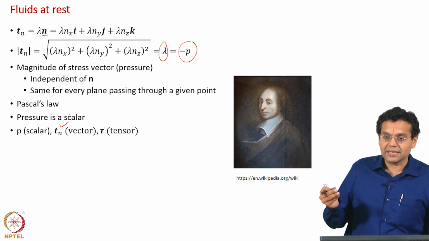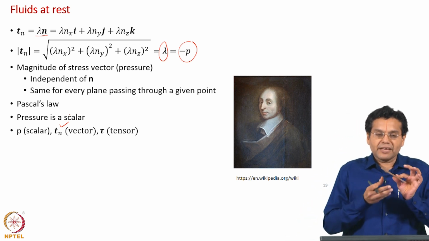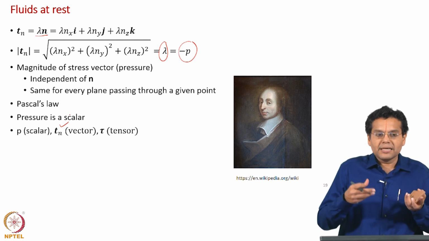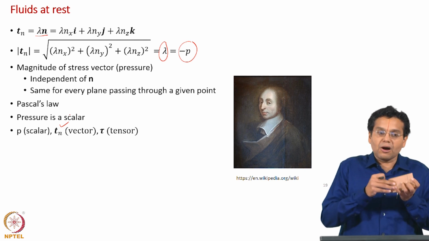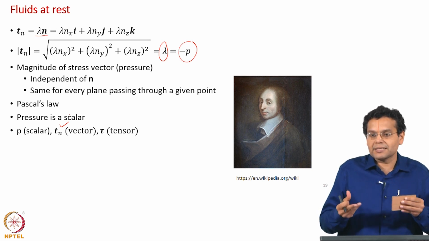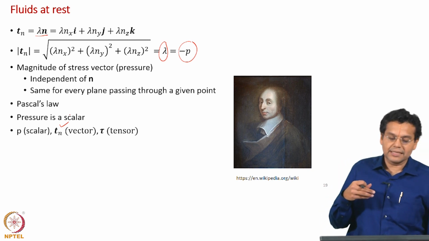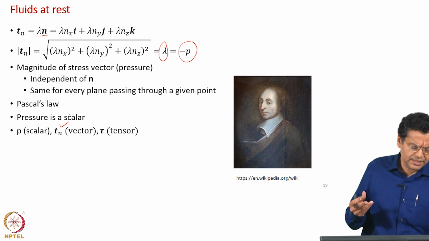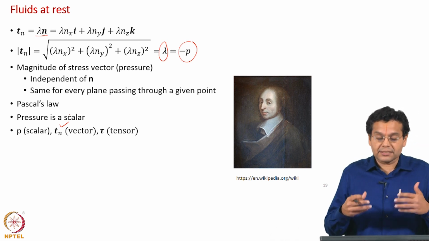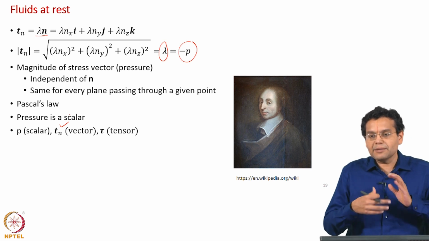Now go to stress tensor. What does it say? At the same point you can have any number of planes, stress tensor will give you information about stress vector acting on all the planes. So you are not specifying any plane at all there, that is why it is a stress tensor. So stress tau is a tensor because we discuss stress as a stress at a point, it has all the information for forces acting on any plane at that point.